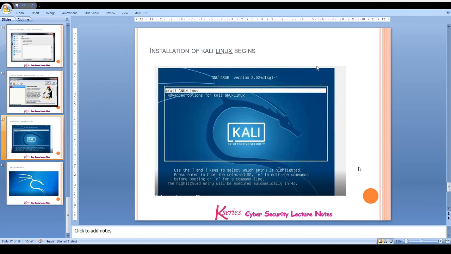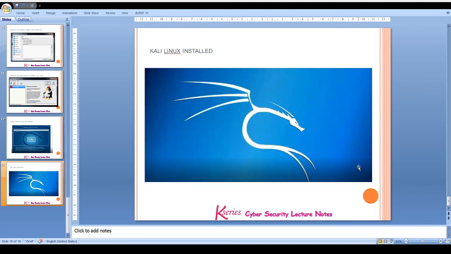Select your language, location, set your time also, set your root username, set your username and password, and there you are. Kali Linux is installed onto your system. Now you can open your virtual machine and there you find Kali Linux and you can start performing your applications.